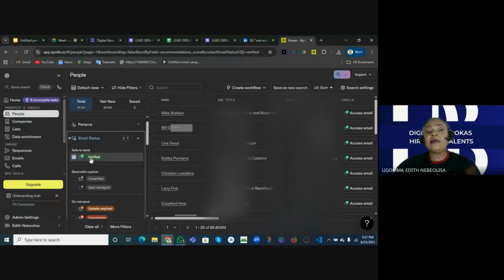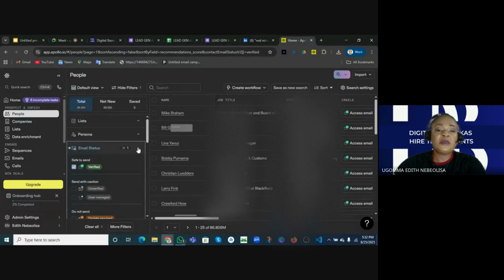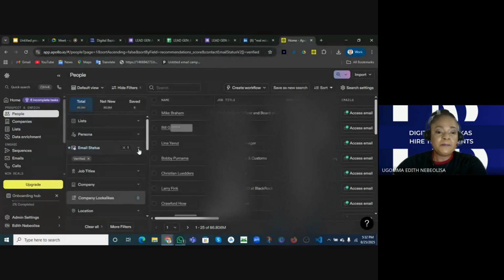So it's going to be like 65 or 70% solid leads, or sometimes you might even extract more than 85 or 90% good emails, right? All right, so we just selected only verified. I want only verified, so I'm going to close my toggle blocks, right? We can equally go down to see more. Let me go up and close the toggle blocks because I want us to have a very